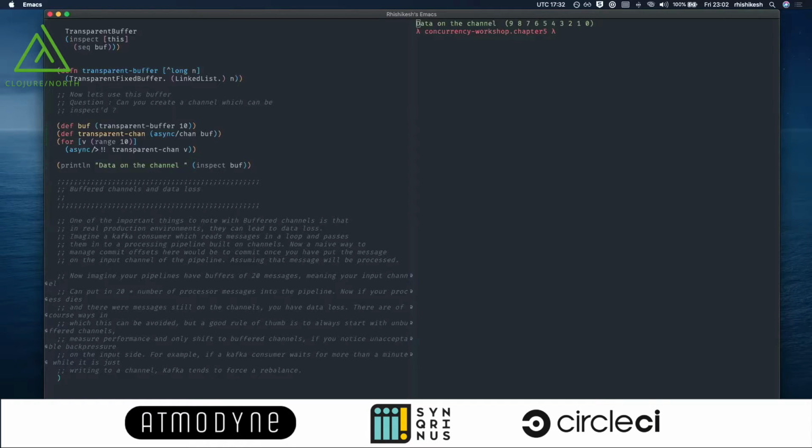All right, so then I'll come to the last sort of gotcha with buffered channels, and that is the risk of data loss. So what I mean by that is,